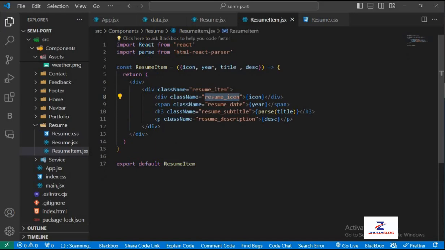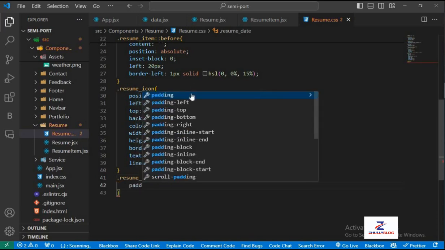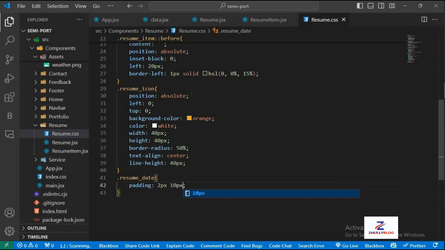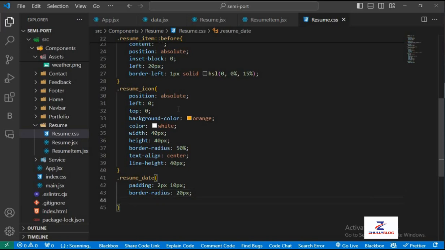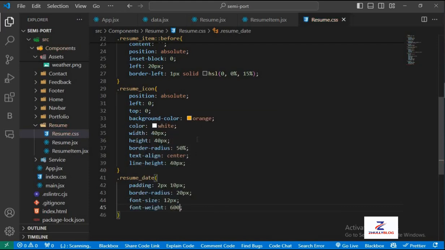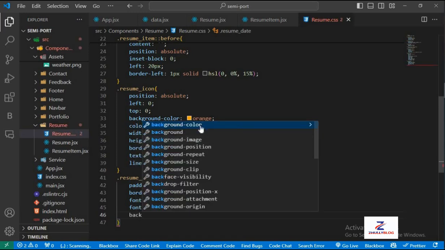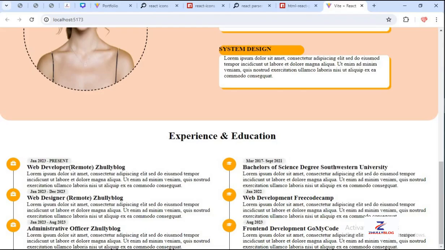and we need to set the resume dates as well. So this resume date, we're going to add some padding of 2 pixels, 10 pixels, the border radius of 20 pixels. We're going to add some font style, 12 pixels, the font weight, let's set it to 600, and the background color of this color code. Okay,